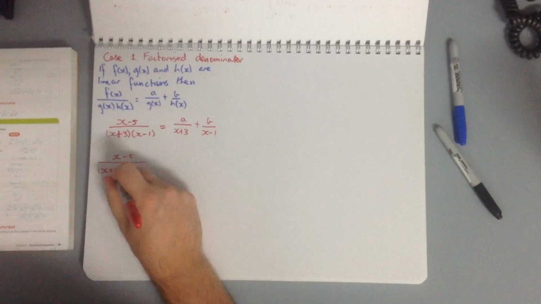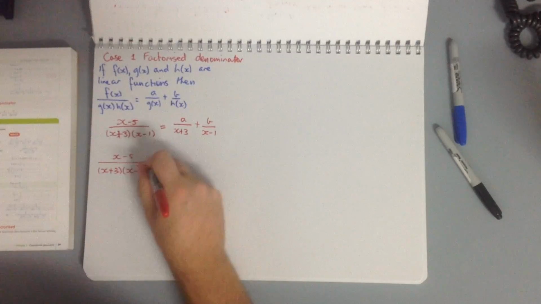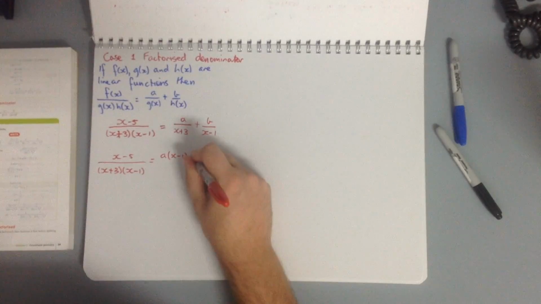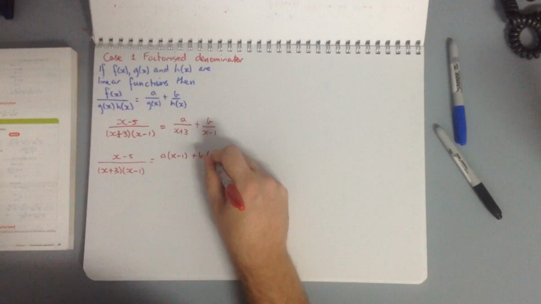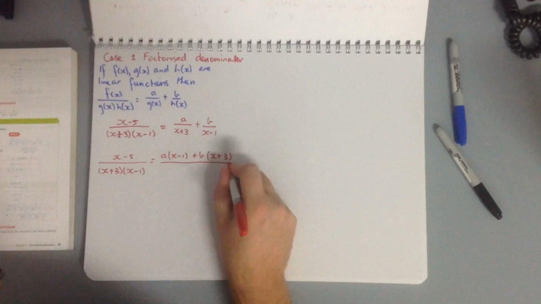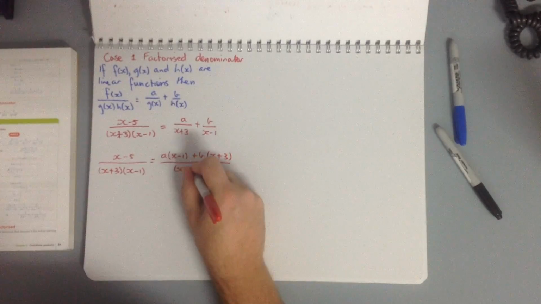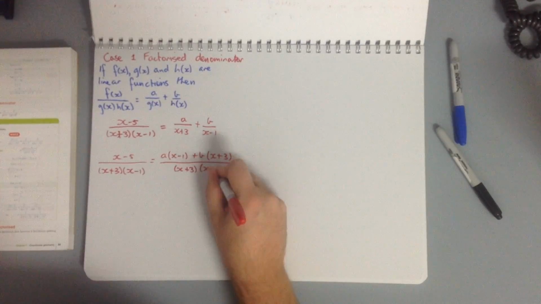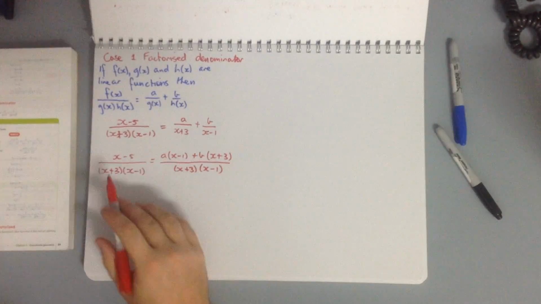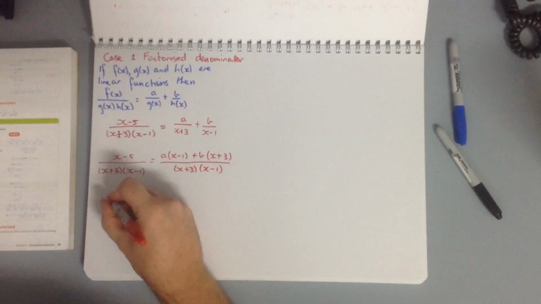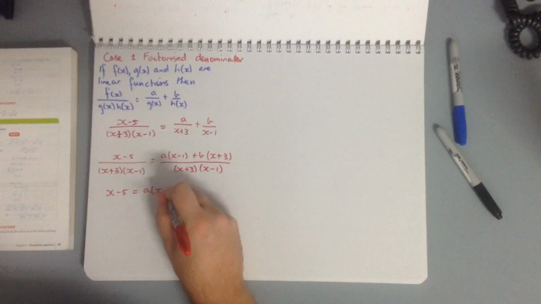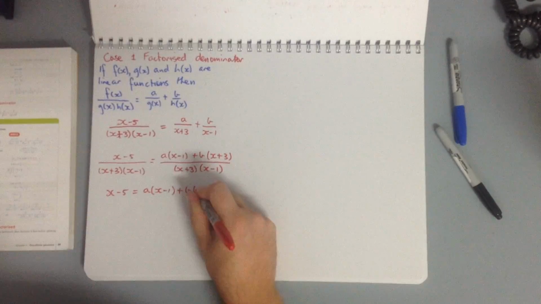x plus 3, x take 1 is equal to a outside of x take 1 plus b outside of x plus 3. Okay, and that's all going to be over our x plus 3 times our x take 1. Okay, so we've actually added those two fractions together now. So this is where we just equate the numerators. So we say that x take 5 equals a outside of x take 1 plus b outside of x